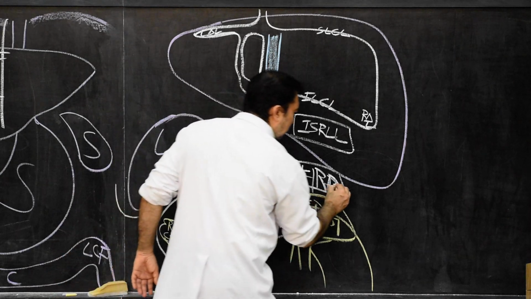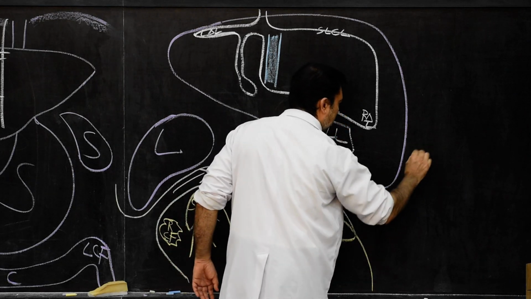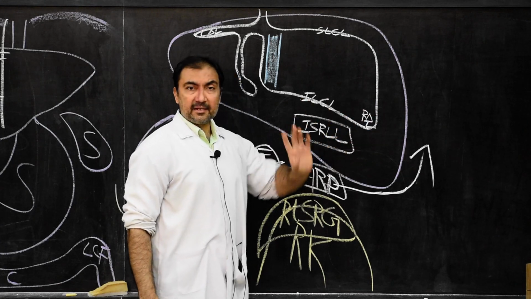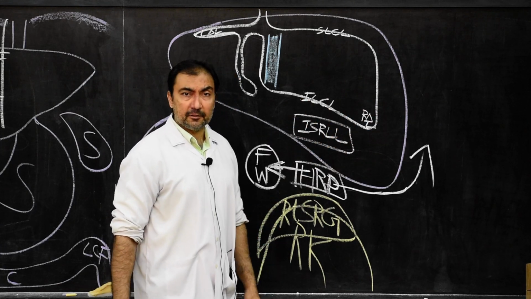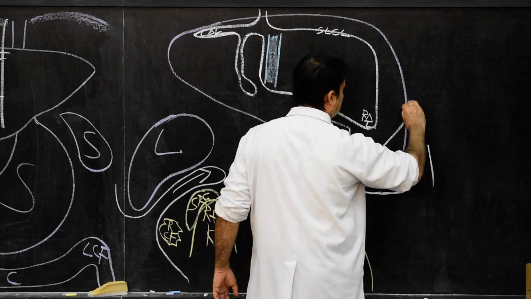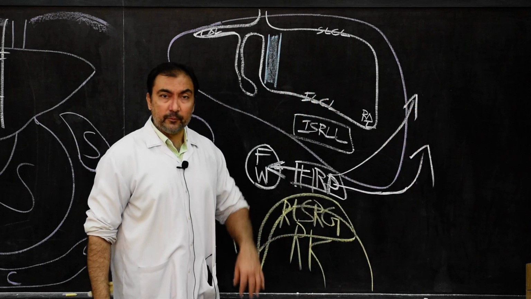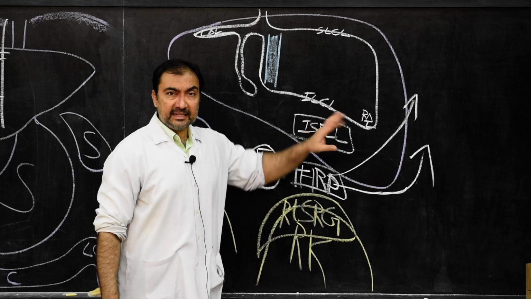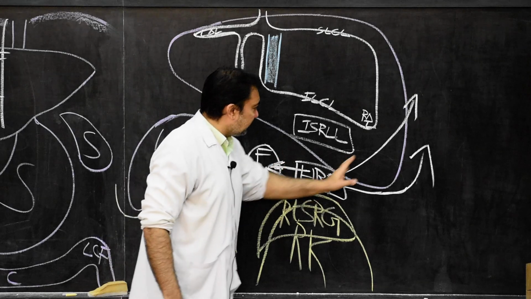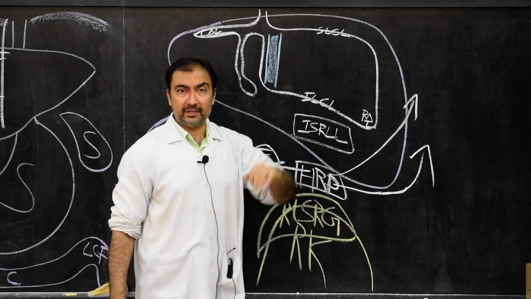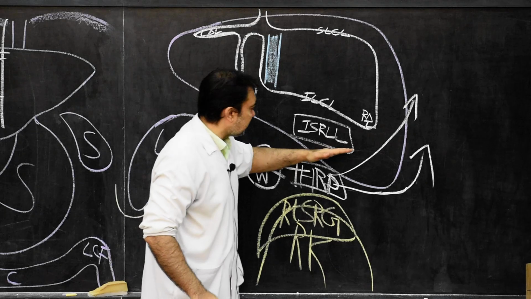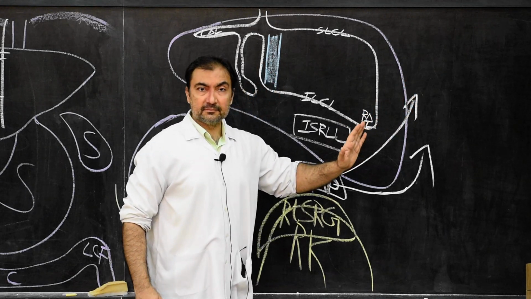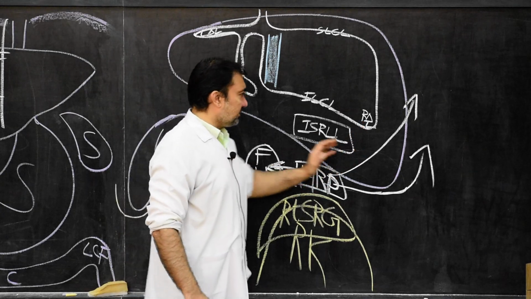What about the right side? Now right side, it will communicate round the free margin of the right triangular ligament with the right anterior intraperitoneal recess, that is the right suprahepatic recess. So on the right side, it will communicate with the right suprahepatic recess across the free margin of the right triangular ligament. So we have seen left communication, right communication,